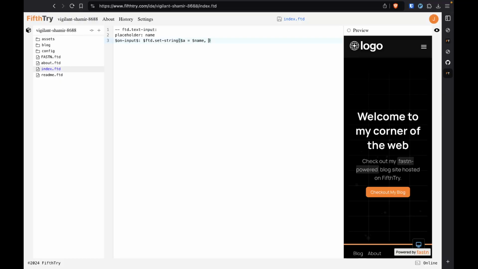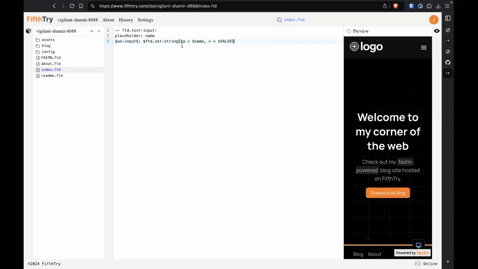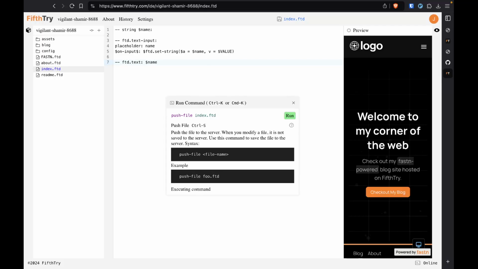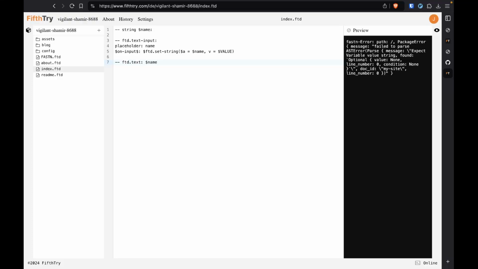Let me see. So let's just create a mutable string variable. You just copy that code from the local and paste it now and do all the edits. Yeah, but at least let me figure out if it is working, at least the input part. If it is not, then everything is just extra work. So if I save it,